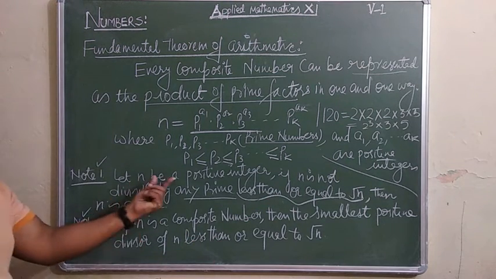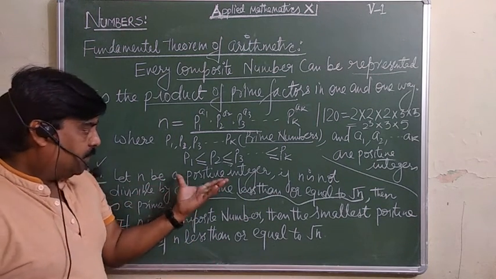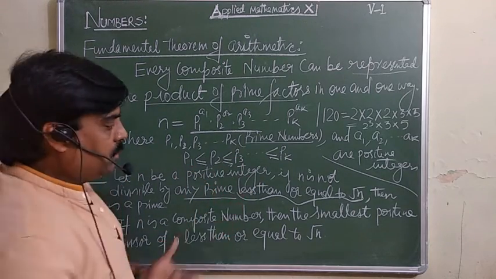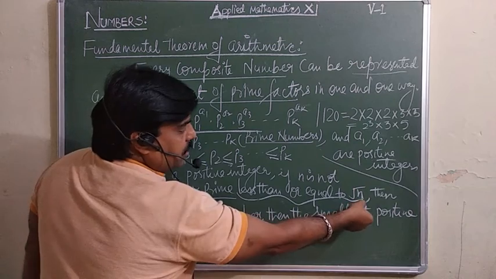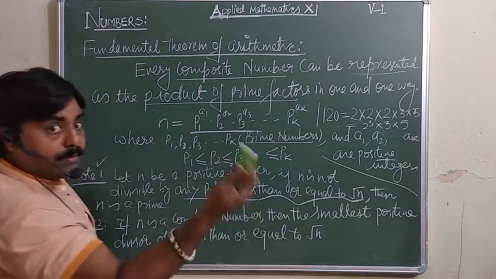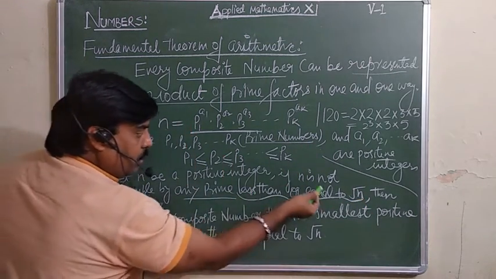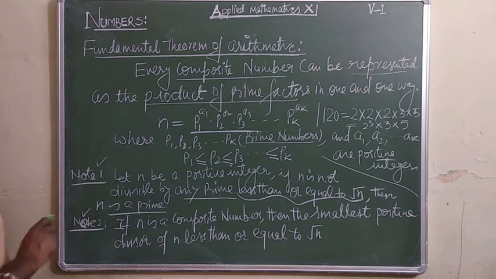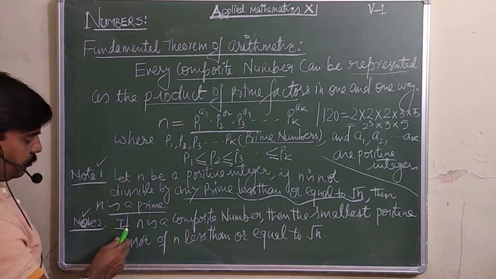prime. So it means if you want to check whether any given positive integer is a prime number or not, what we will do, we are supposed to take the square root of that one. The integral part we will take. उससे less than or equal to, say ये divisible नहीं है, so that will be the prime. We will take the question later on.